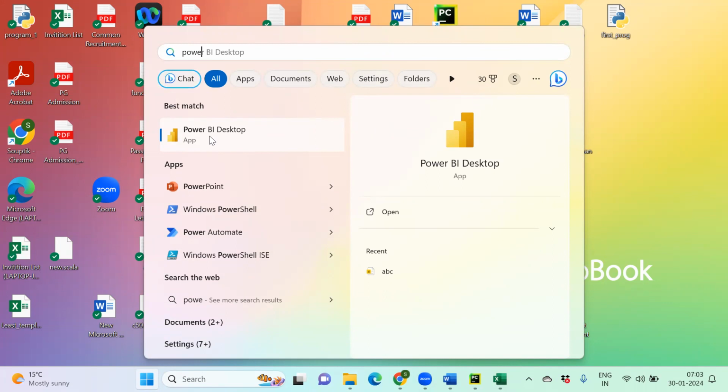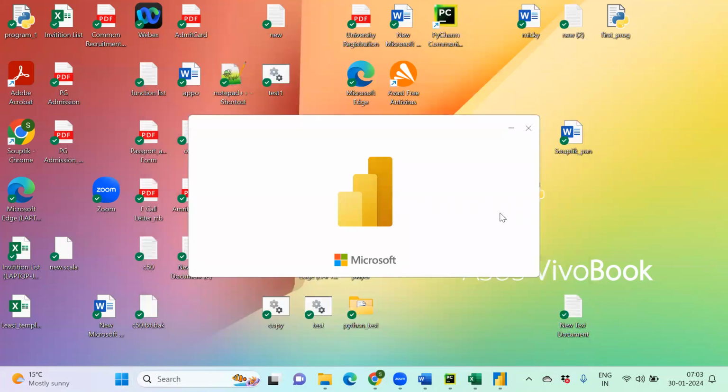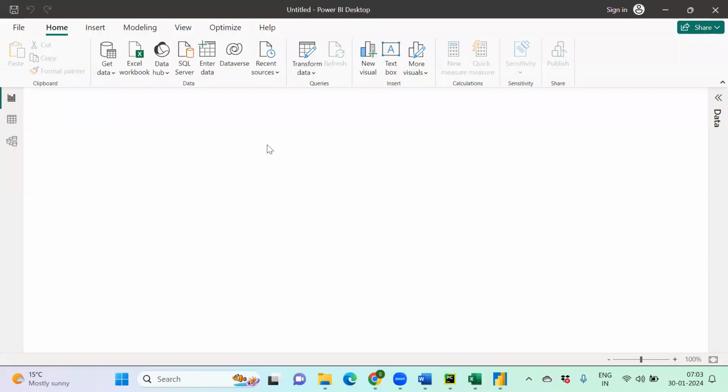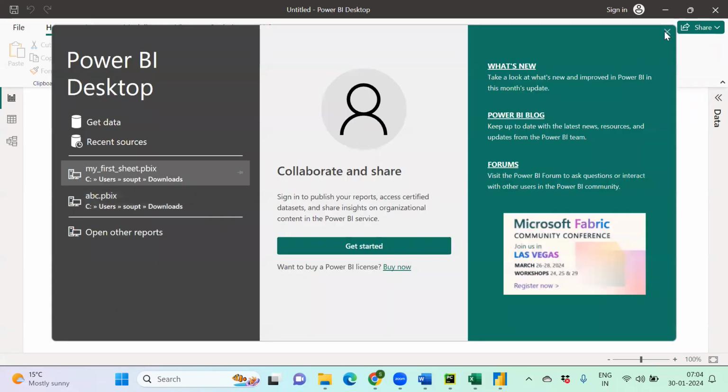So how does Power BI look? Let me quickly give a demonstration of it. Tomorrow we'll be checking a quick project. I'm just opening Power BI. So the concept is whatever charts and graphs we prepare in the desktop version, the developer can work in their desktop version. So when everything is ready,